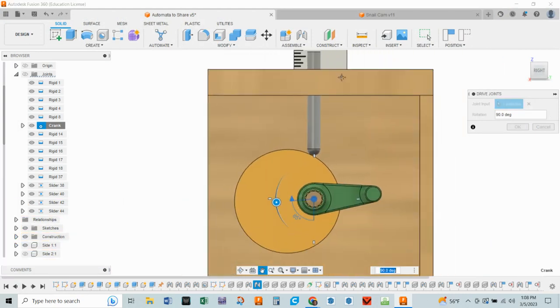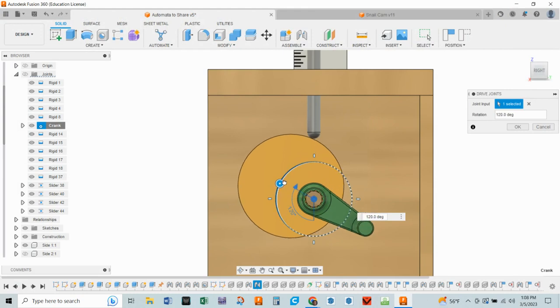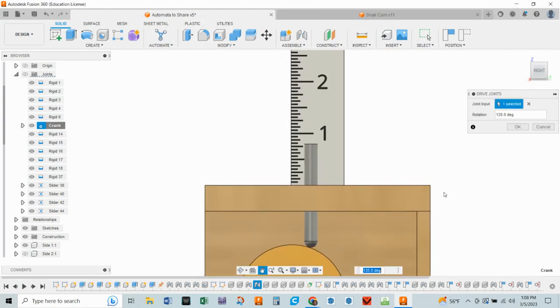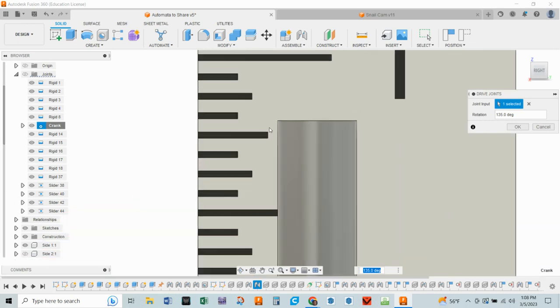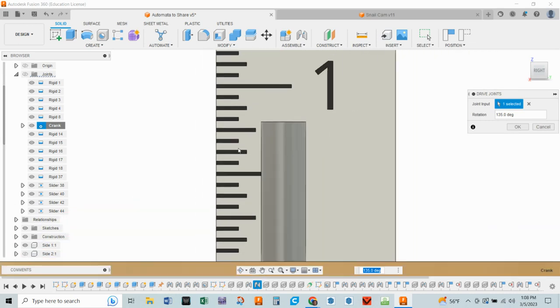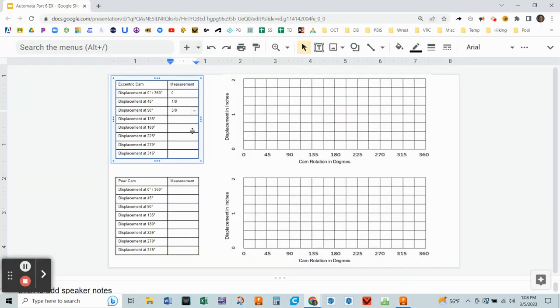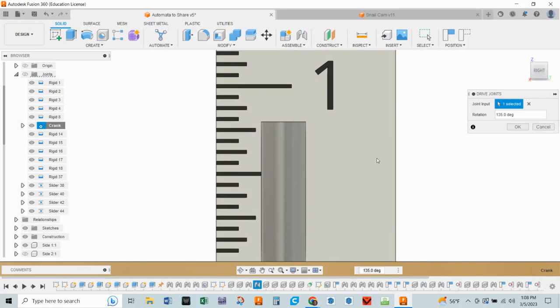Zoom out a little bit so I can see this. At 135 degrees, we are at, let's see, I'm going to call that 13/16. And at 180 degrees,